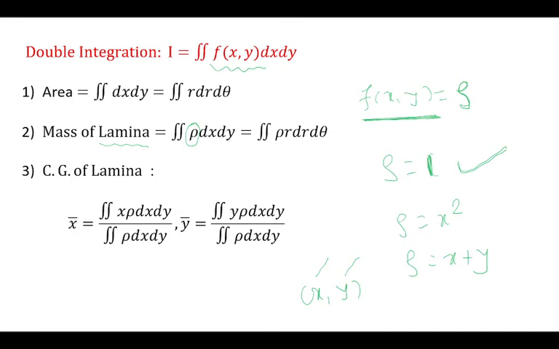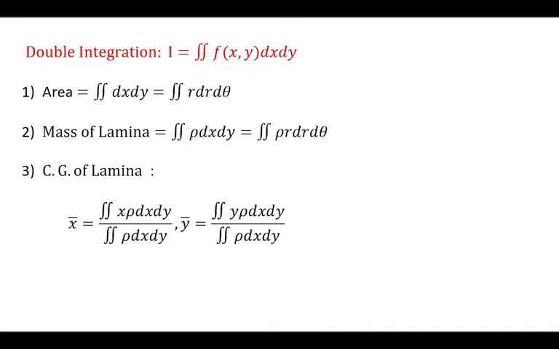If the density is proportional to the square of abscissa, you can take rho equal to k x square or just x square, where the proportionality constant is taken as 1. And whenever the density is not given in the question, take it as 1. Provided the function f of x y is a density, that is our second application, the mass of the lamina. And the last one, where we can use a double integral